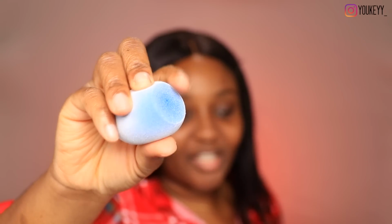They call it trypophobia. I don't think I have trypophobia, but anytime I see something that has a lot of holes in it, I get like, ugh. It's kind of like nails on a chalkboard for me. And this reminds me of something that should have holes in it. I don't know why. And there's a little area of texture here. I'm a little bit creeped out because you know how things are furry, but it's a good feeling furry. This doesn't feel like a good furry right now. Okay, let me go wet it. I wet the sponge and it's still...